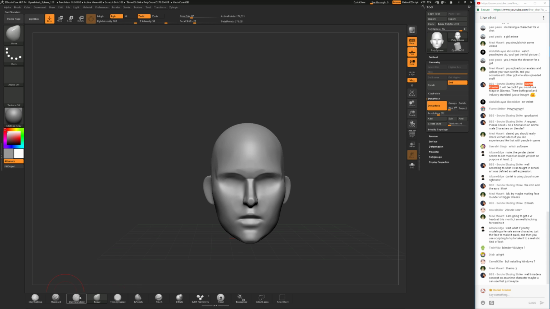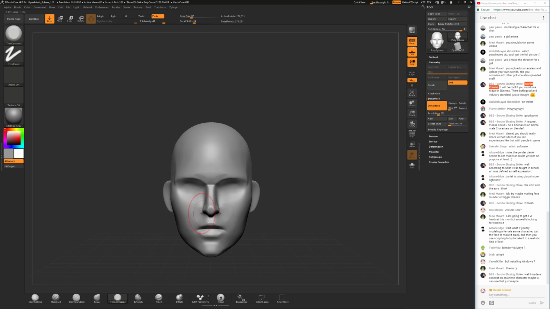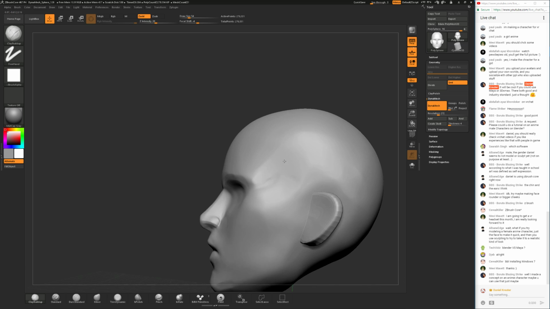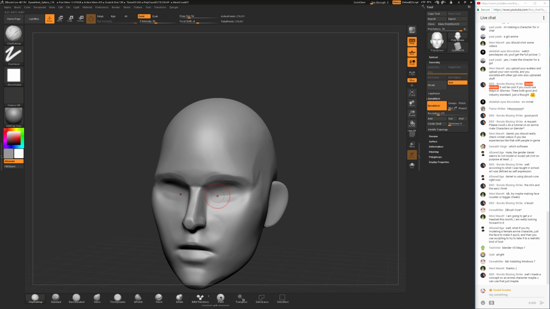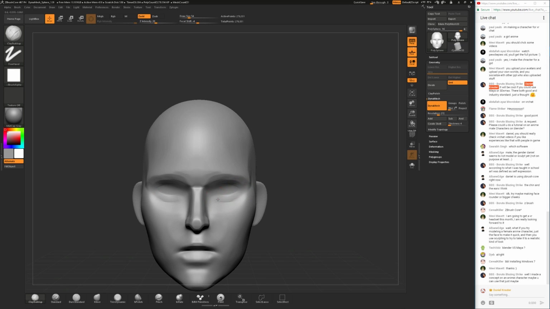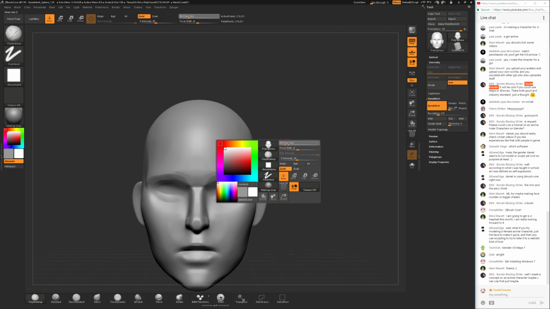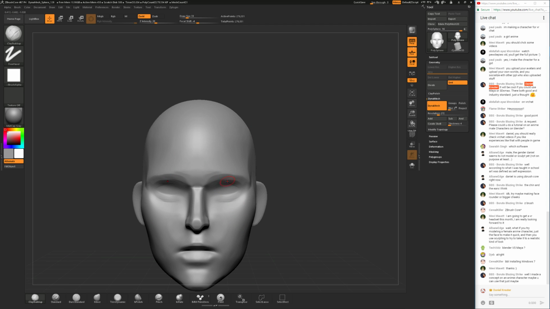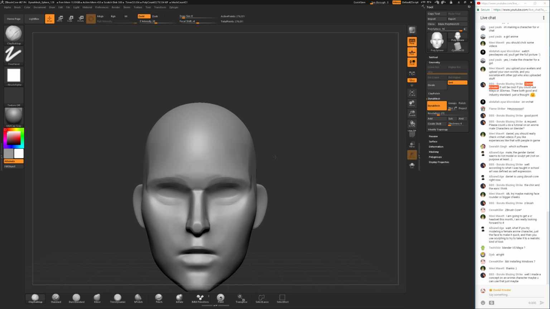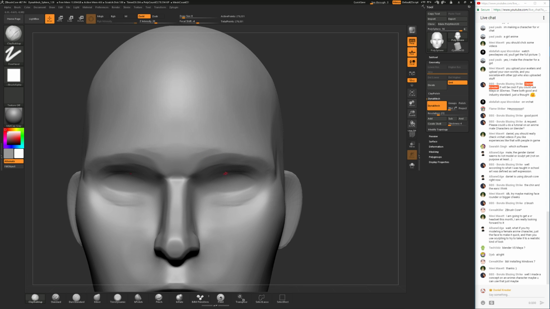I'll try to put in some eyes next. It's something I've been struggling with forever. Maybe I can get something better this time around. So, there is a very nice way to think about the shape of the eyes. You see how there is one top, the highest point of this curve, and the lowest point of the lower eyelid. They have a relation that is sort of slanted line like this.